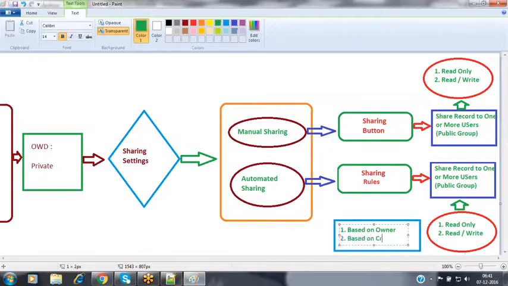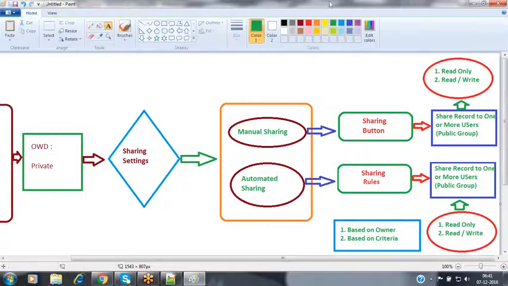The second one is based on criteria. These are the two types of sharing rules available inside your Salesforce. One is based on owner, the other is based on criteria.